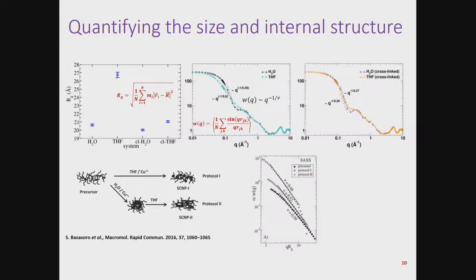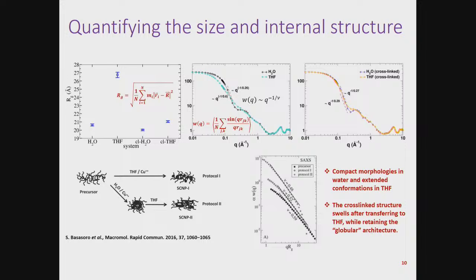If you want to compare the exponents with the experiments, the comparison is not exact. You can see the exponent here, comparing protocol 2 with THF crosslinks, which is the exact comparison. It's not matching accurately, but this could be because of various reasons. We simply have one polymer chain solvated in water, so we can improve the statistics by choosing different initial configurations and so on, which is something that we are trying to understand better. But the important implication coming from this study is that in THF the structures are swollen or extended as compared